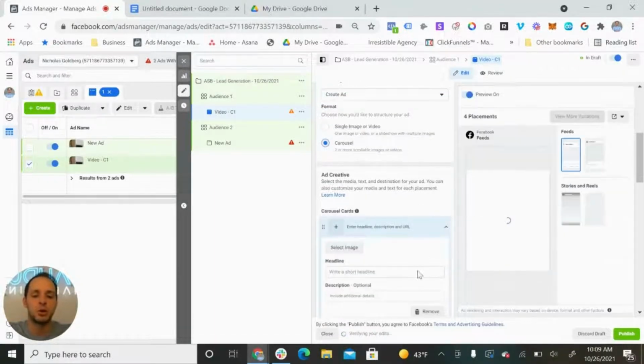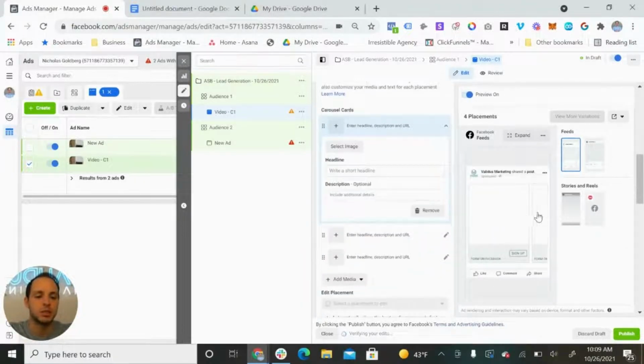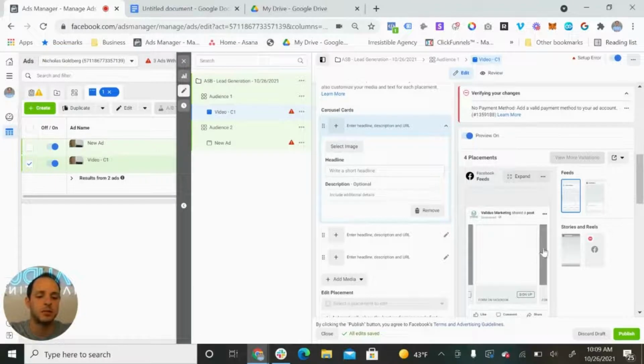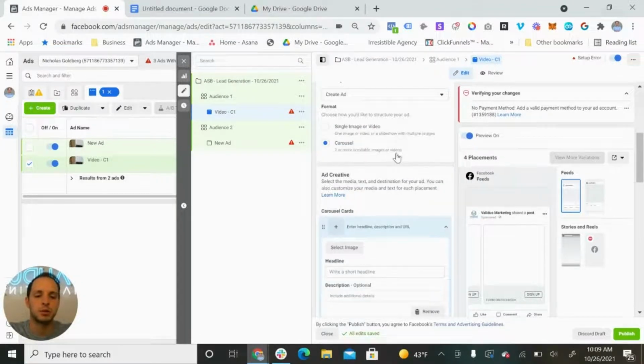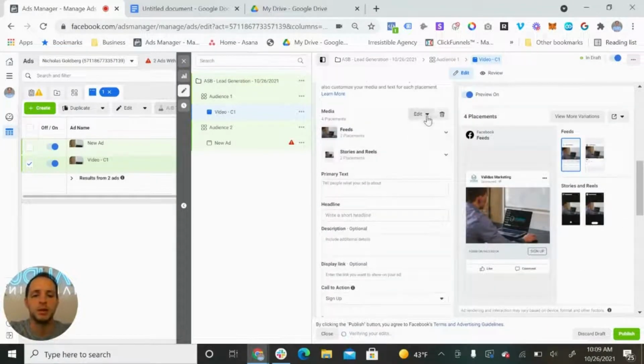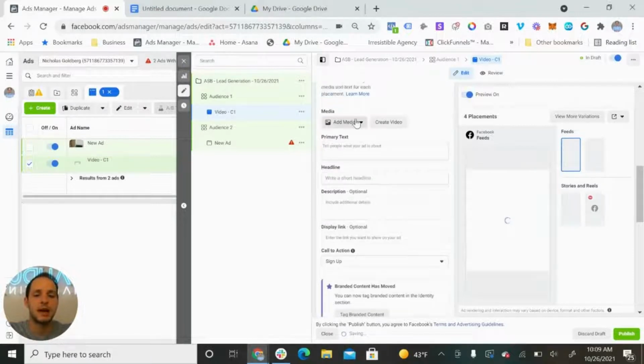So you can have multiple different photos and videos, and you'll scroll through them. Basically, you've probably all seen this type of style before. But for now, we're going to stick with single photo or video. So with this, like I said, I would recommend doing a video, but I don't have one